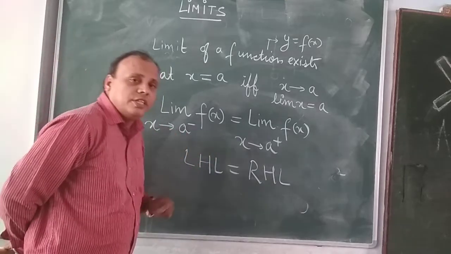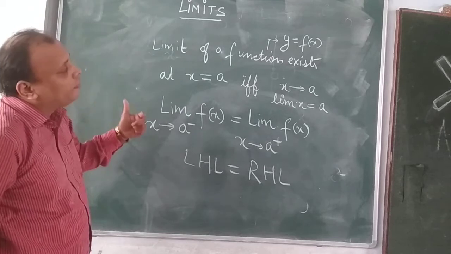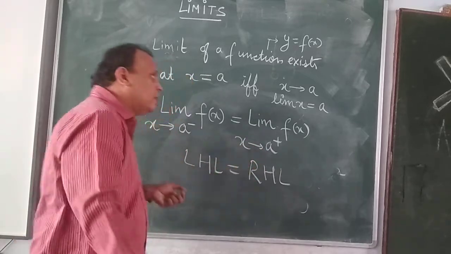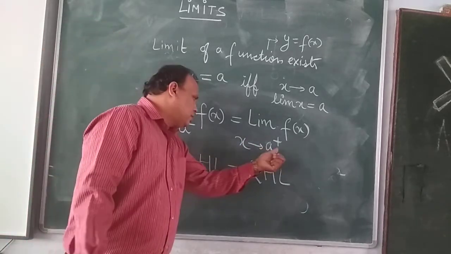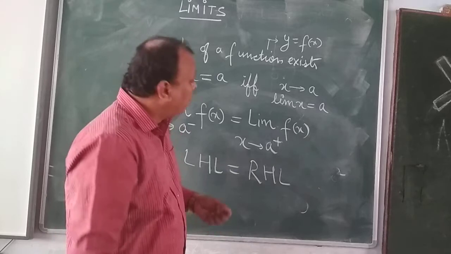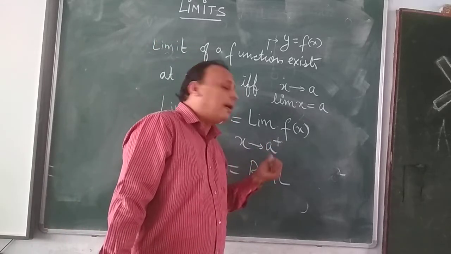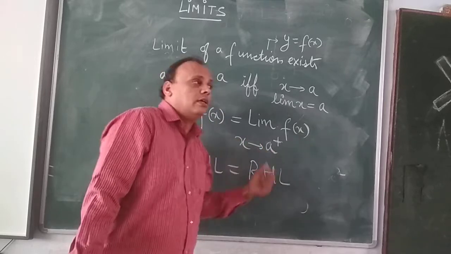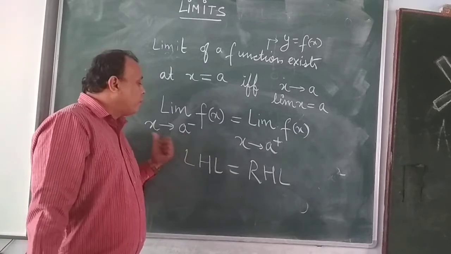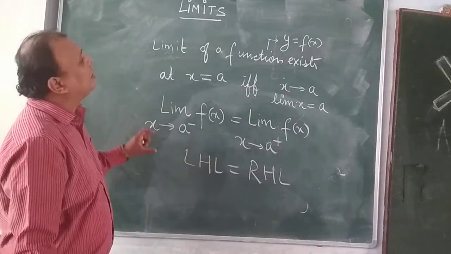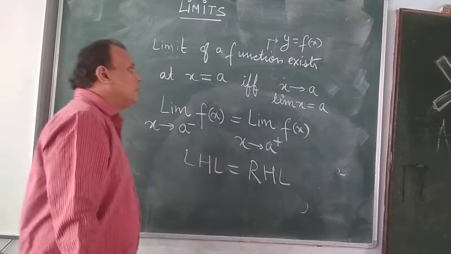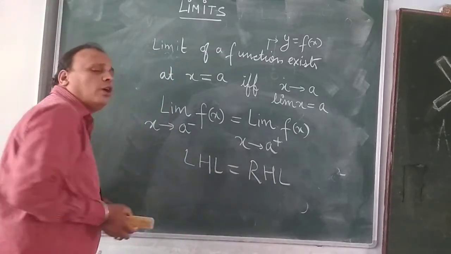As we have seen with the neighborhood of 0, the value of the variable, when squared, goes nearer and nearer to 0. We should not confuse this plus sign with a positive number. Here, plus symbolizes that we are approaching a particular number from the right hand side, and this minus symbolizes that we are approaching a number a from the left hand side. So it should be very clear that the limit of the function exists when the left hand limit is equal to the right hand limit.